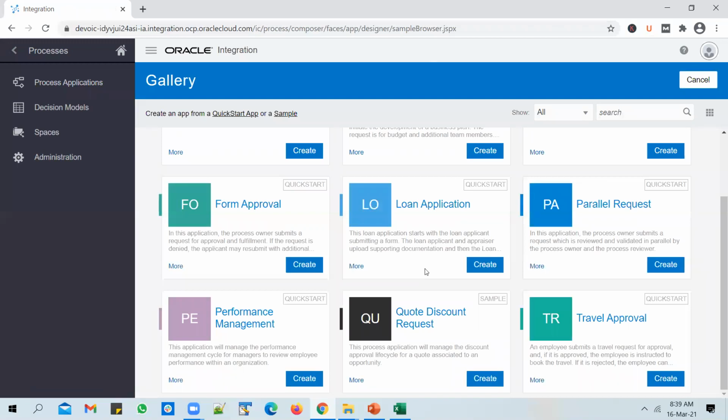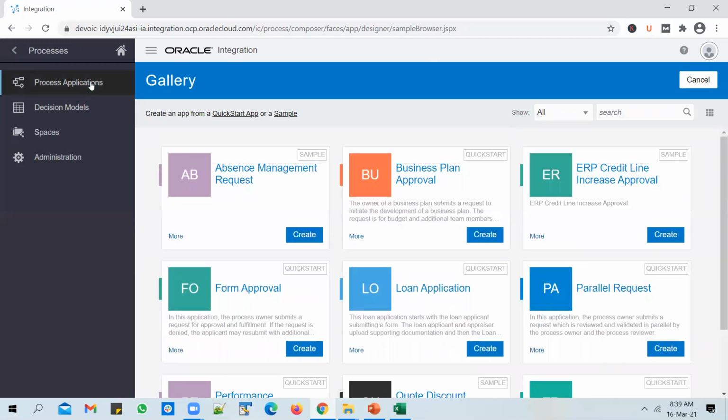For example, the client has asked me to build a travel approval process. What do I do? Instead of building it from scratch, I will look at the templates available, and I can see that there is one template already available for travel approval. Instead of building it from scratch, I will go ahead and use this to create a PCS application, and then I will customize this process as per my requirement. Okay, we'll get down to the details of a process application in another video. But what can you build in a process application? You can build any custom business process or any approval process that you might need. Okay, can go back.